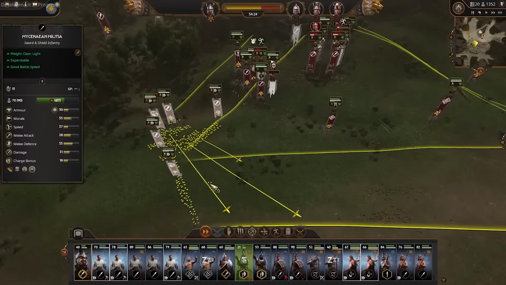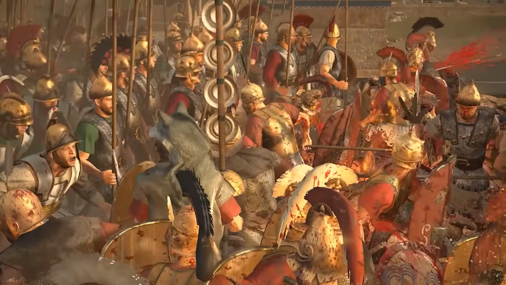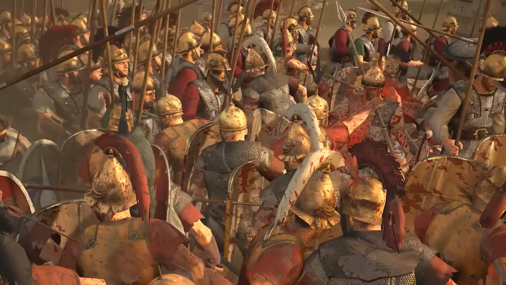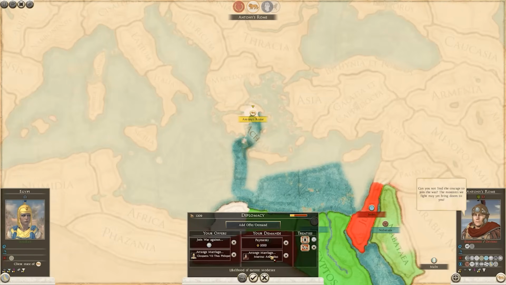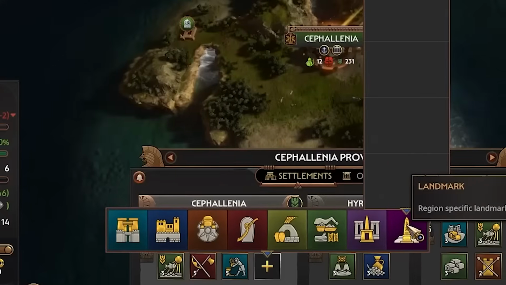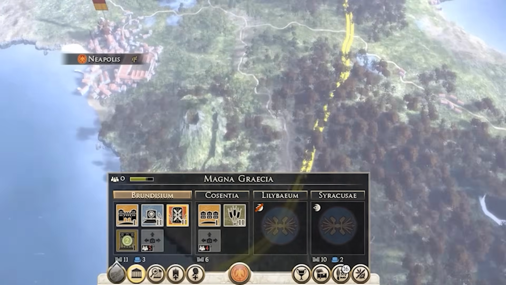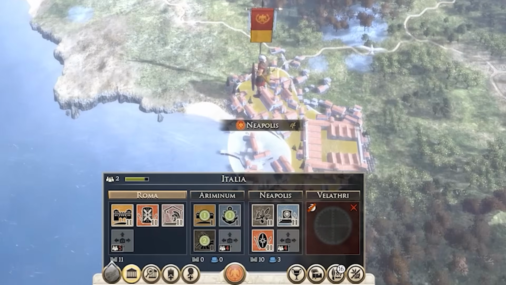The danger in this audience targeting shift is twofold. First, it alienates long-term historical players who have supported the series for decades. I mean, we've been here for a long time. When a Rome 2 or a Medieval 2 fan picks up Pharaoh, they don't see the continuity of the series they loved. They see a historical skin draped over a Warhammer-like experience.